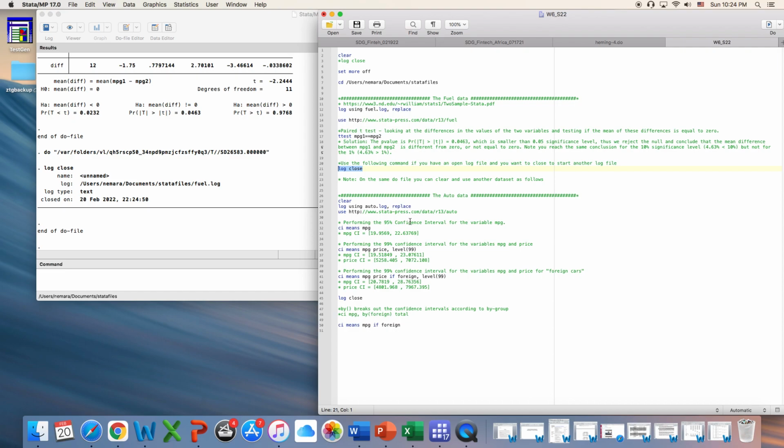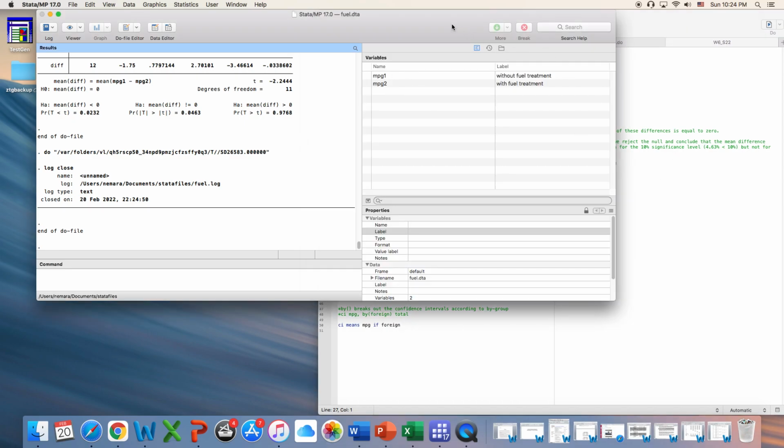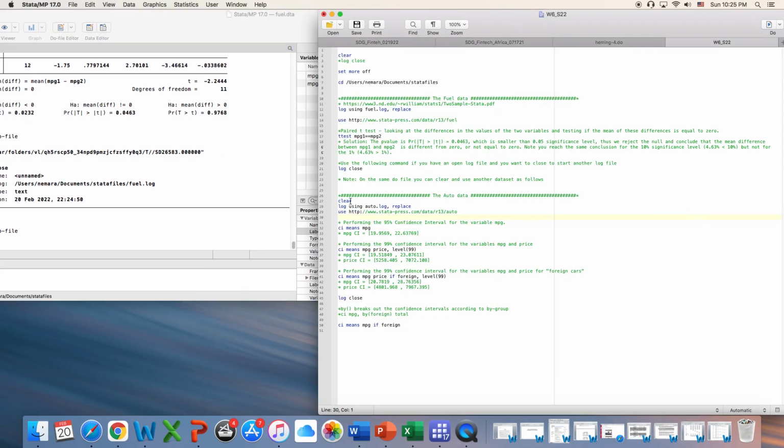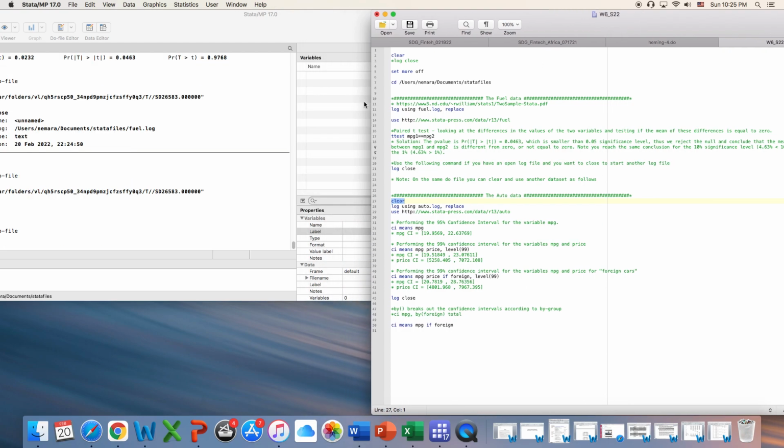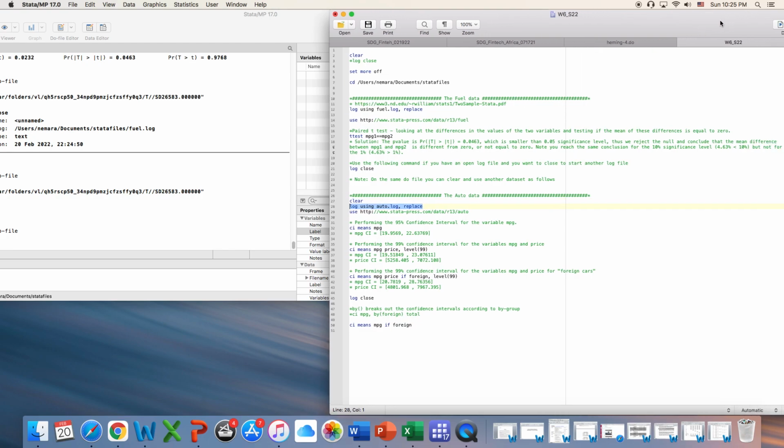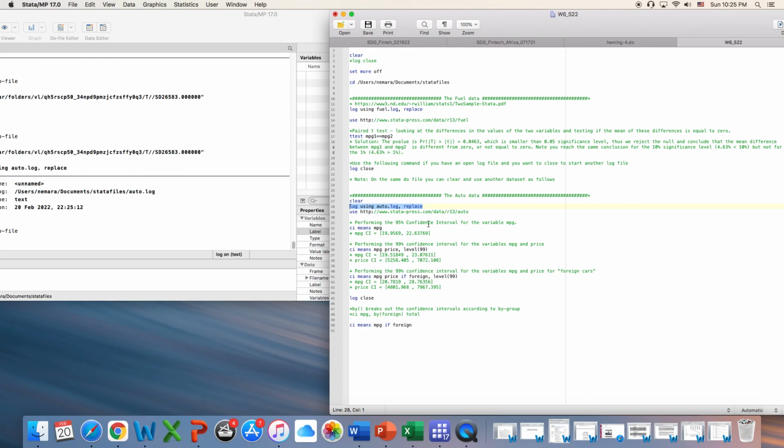After you're done, you log close, right? And you're done. Now, if I want to use another data set, I'm going to clear because I want to remove this from here, right? So you clear the data set. Once you clear it, it's gone from here. And then you create a different log file because you want to create another file where you're going to save the coming commands. And then again, here I'm calling it from the web,